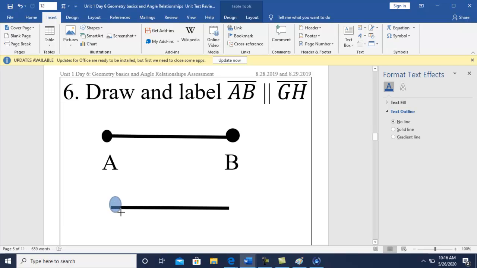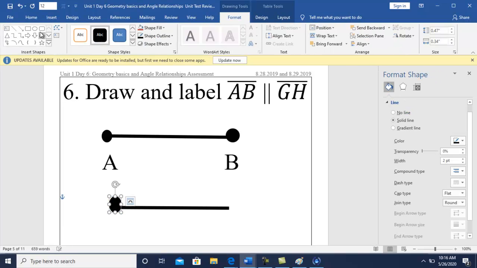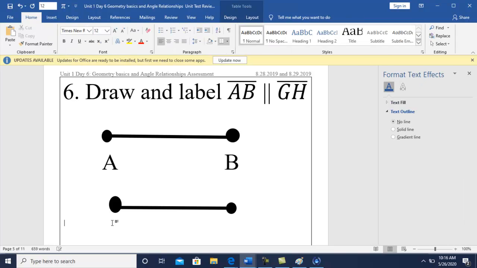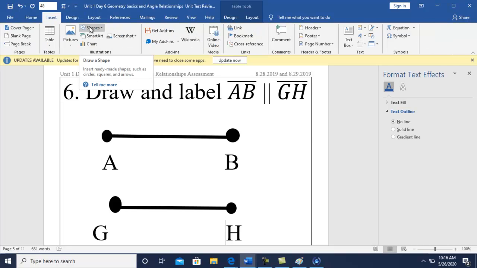Here's our first point. Okay, and then what we're going to do there is you're going to have to put some sort of marking